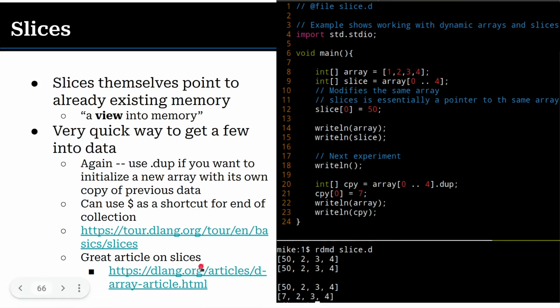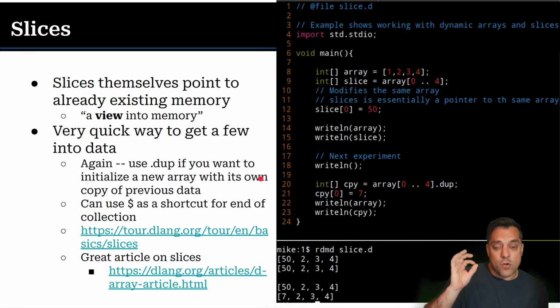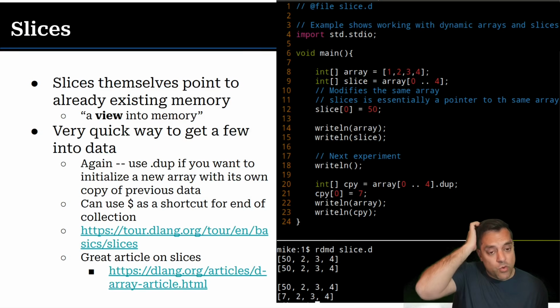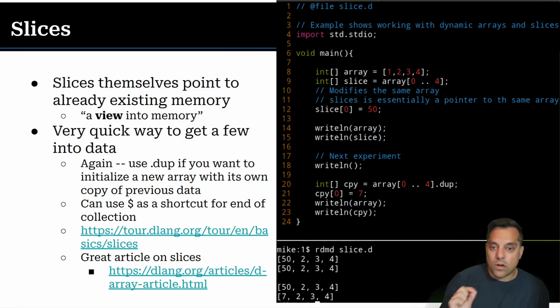Okay, so there's a nice article. This might take a tiny bit of getting used to, this idea of what a slice is, but basically it's just like a pointer into an array that knows its length and the actual data that it's pointing to, okay? And again, why is this handy? Well, if I have slices, I'm avoiding copies and I can mutate data, and it's bounds checked, right? Because I know the pointer and the length.